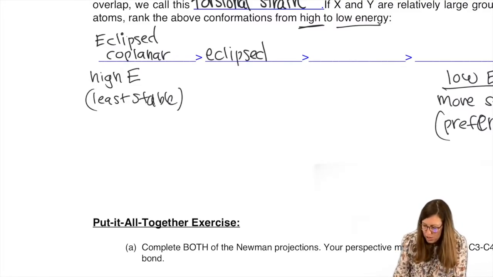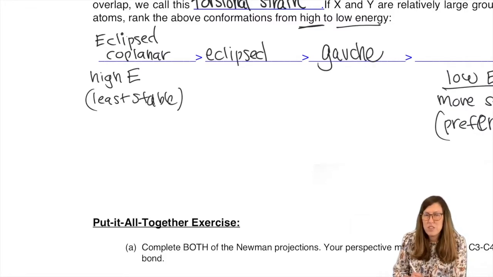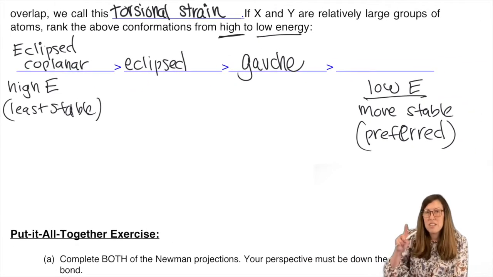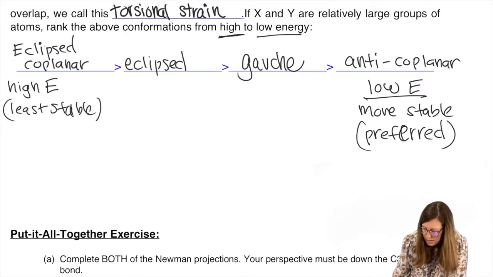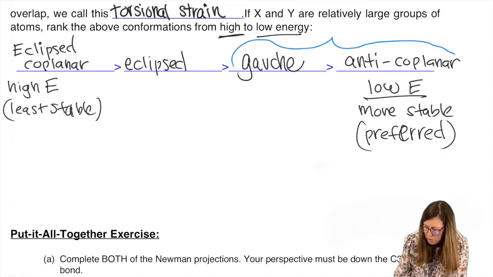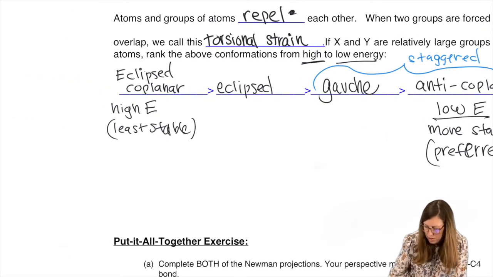Okay, so eclipsed, gauche, next to each other, so the two eclipsed are worse than the two staggered. The most stable by far is the staggered that's also anti, which is anticoplanar. So when we are asking for the preferred isomers, you always want to go for anticoplanar if possible. And notice that these are the eclipsed variety.